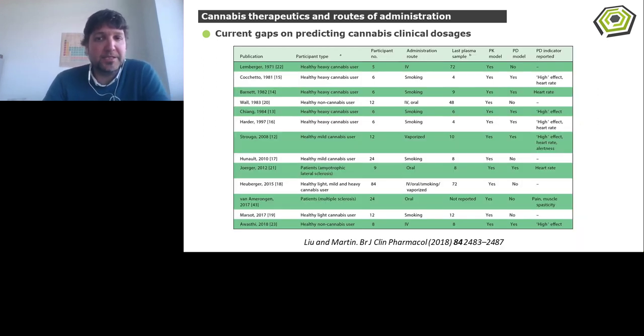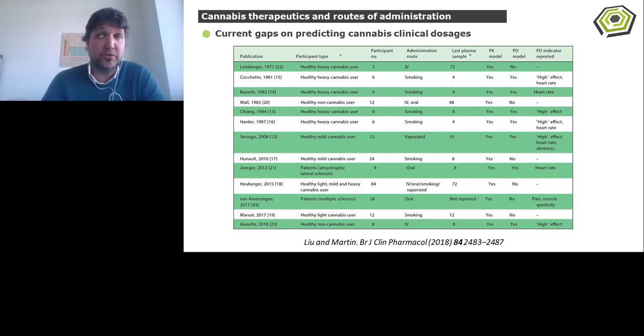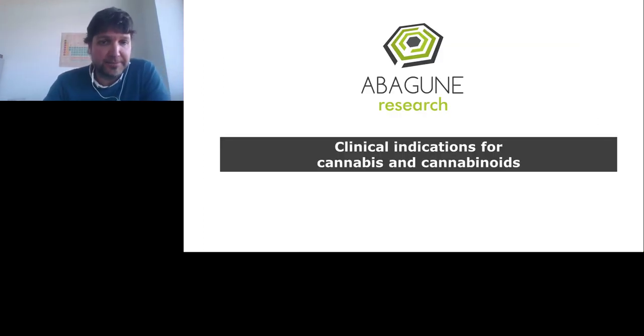So speaking of this type of clinical trials, actually this elimination phase, we all focus on how fast cannabinoids are absorbed, but how these cannabinoids are being eliminated, or are they building up in our system and in our blood, it's also an important fact that many of these clinical designs are ignoring when we consider the last sample is normally taken at 72 hours, meaning 3 days after intake.